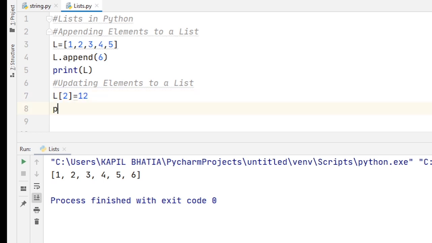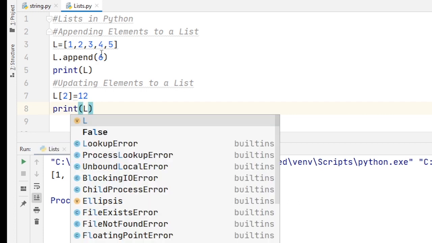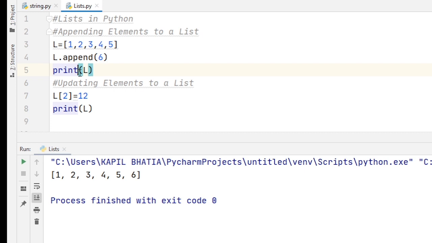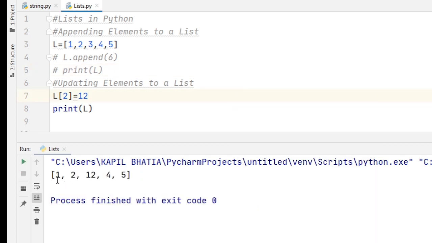When I print the value of L, you will find the output as 1, 2, and here you can see at the second position the value is 3, but when I change the value of L[2] to 12, the output will be 1, 2, 12, 4, 5. I hope you understand how to update an element in a list.